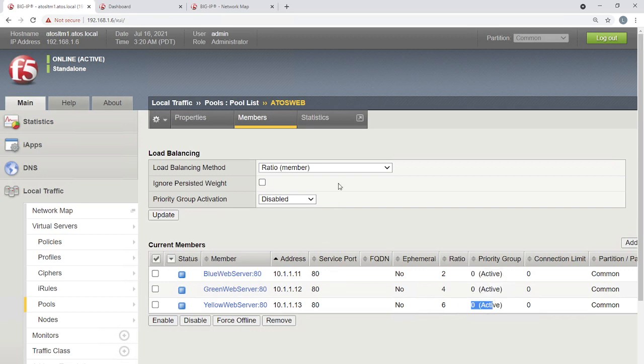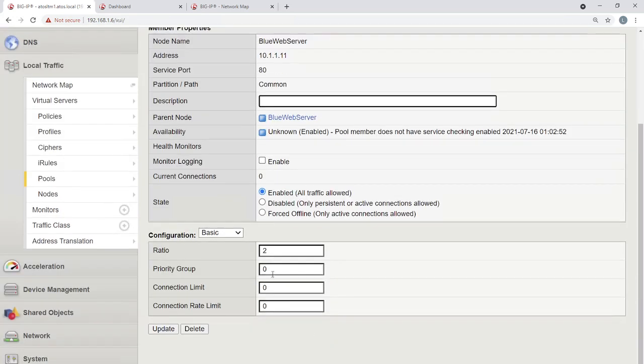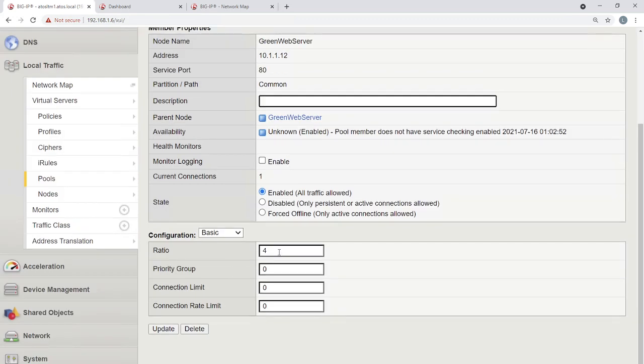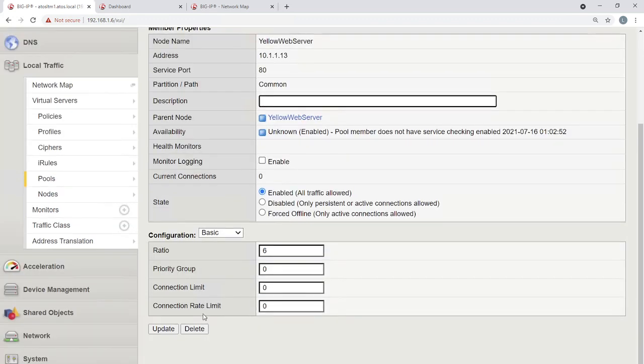Now what I would like to do is configure the priority groups for each and every server. I'm giving the priority group as, let me say, 5. You can give any number. Higher the number, higher the priority. Here, let me call this 6. Sorry, priority as 6. Then there is one more server. You can give the same number for multiple servers. Since I have to explain something, I'm just coming up with different numbers: 5, 6, 7.